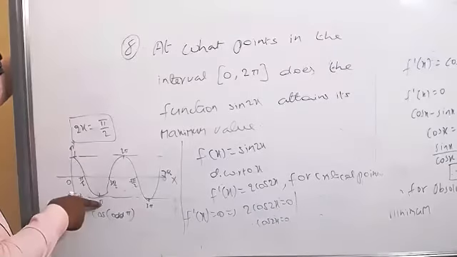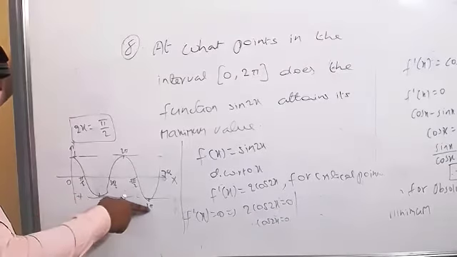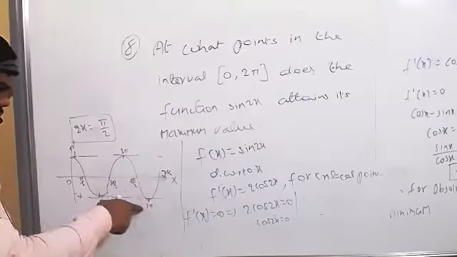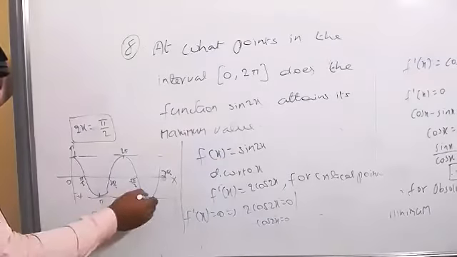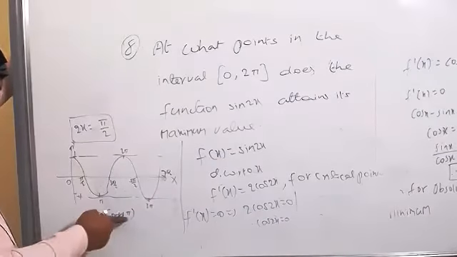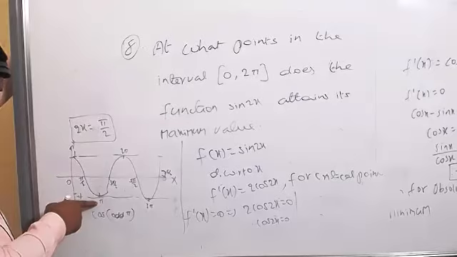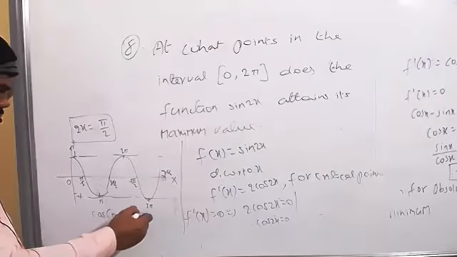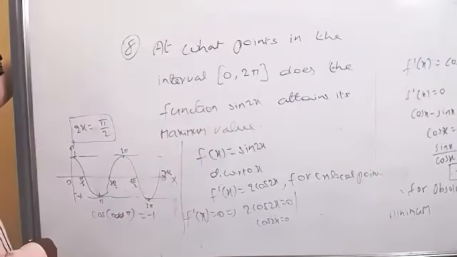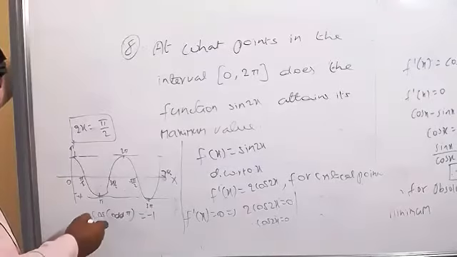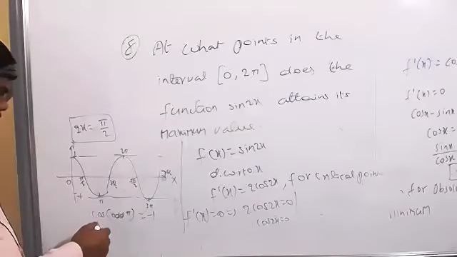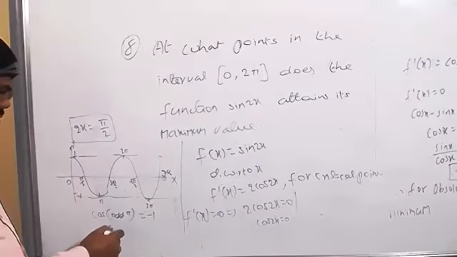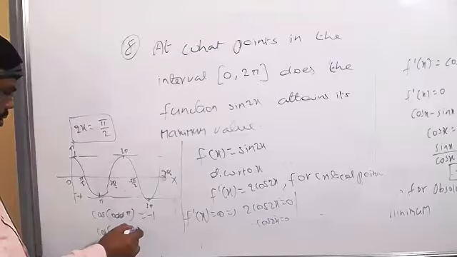Cos of, just observe that: pi, 3 pi, 5 pi, and so on, all the numbers you can take. At this point, what is the value? Minus 1. That means the cos of odd multiples of pi is clearly minus 1. I'm correct? But in the same way, if you take the cos of even multiples of pi,